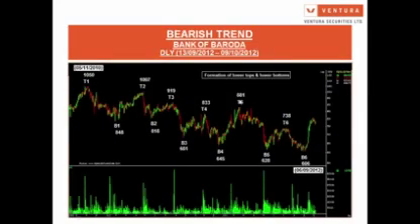Here T6 is lower than T5. In this case T4 is lower than T3, and T3 is lower than T2. So this is the formation of lower tops. And here B6 is lower than B5, which is quoting at 628. B4 is quoting at 645, B3 is quoting at 681. So this is the formation of lower tops and lower bottoms. That's why the trend is said to be a bearish trend.